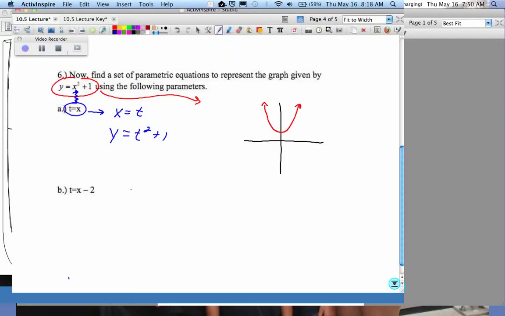How do you get x by itself? What would you have to do? Add 2 to the other side, so this would be t plus 2. Or if I take and plug it in there, y is equal to what? T plus 2 is 5. So it really is taking this right here, the t plus 2, and you can just put it in there. T plus 2 squared plus 1, right? I'm okay if you leave it like that. You could FOIL it out,